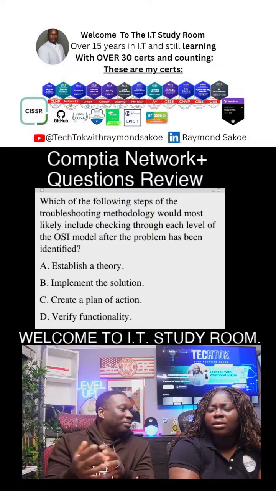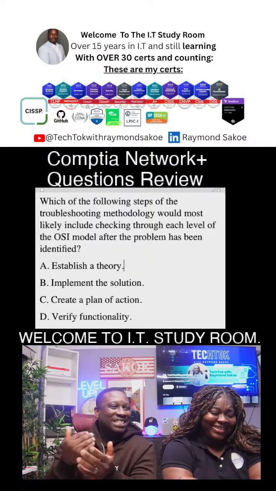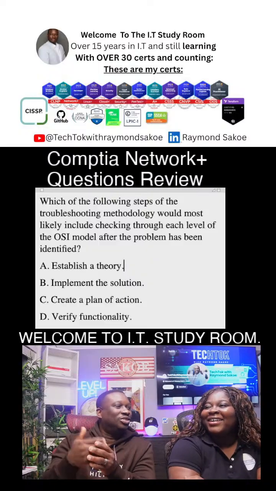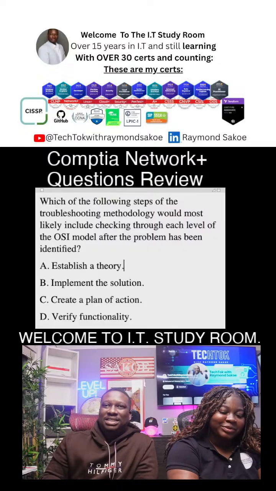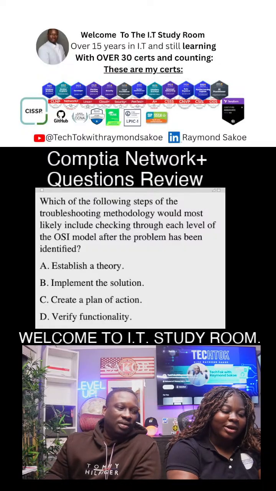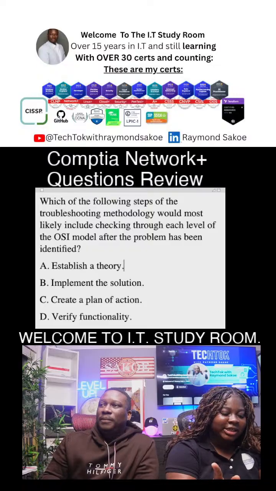Sometimes the end user might not know the exact application to use, right? So moving to the OSI model, the OSI model is ideal to establish a theory of what? A lot of people said D, but before you get to that,